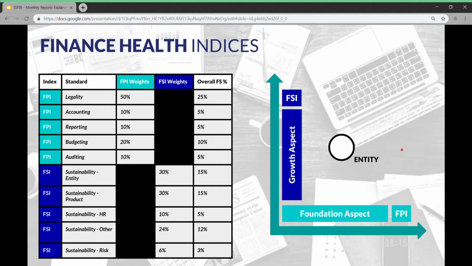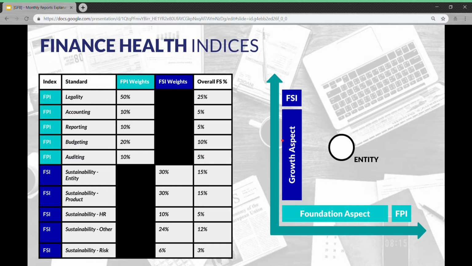Alright, so the one on the left are the weights to calculate the FPI and FSI, and then the overall finance standards percentage. As you can see, the overall finance standards percentage, because there are two main indices that are being calculated, they are basically average, so meaning just divide the weights from the two different indices by 2. So as you can see,